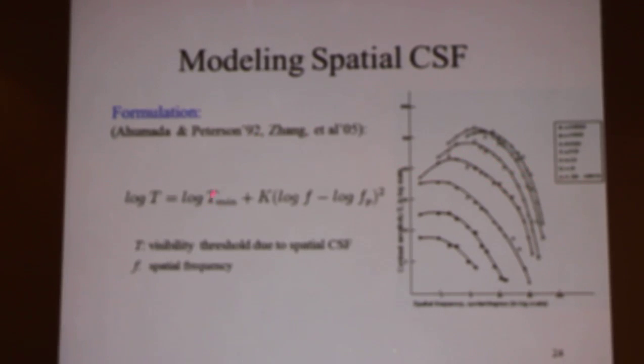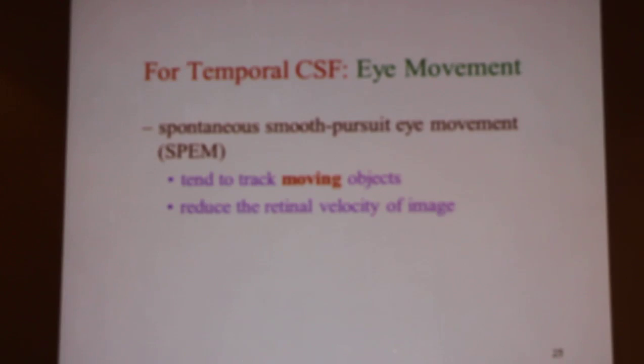We use a formula to fit the experiment result. So nothing too much, we just use the result in other fields. For the spatial CSF, we should do something, because when the object moves over time, actually, because you